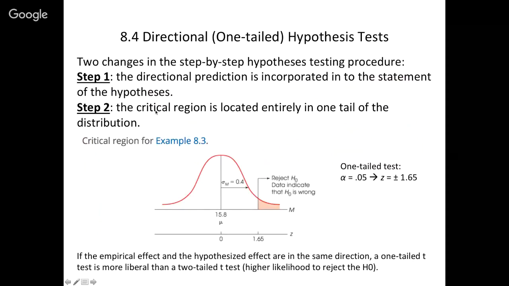And step two, when we are determining the critical region, we are setting the critical region so that it is located entirely in one tail of the distribution. Here, if the sample mean is in the critical region, then we reject the null. So for a one-tailed t-test, for significance level alpha equals .05, the boundary,